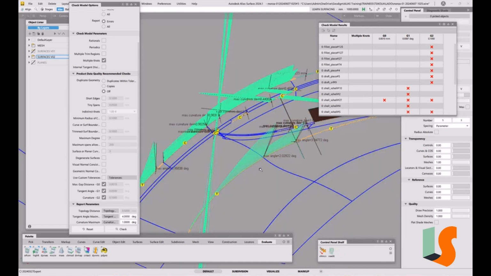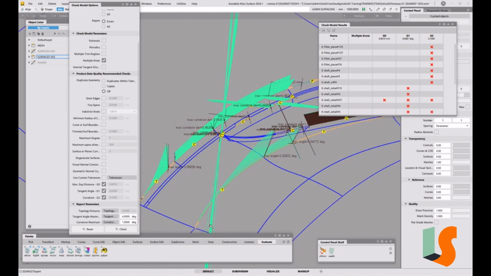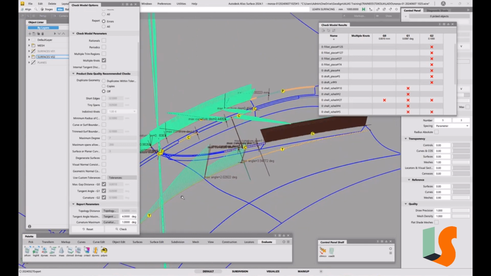It's an angle mismatch, but that's because we actually have, although it goes all the way to the end, or more or less to the end, actually it's all continuous here. But we've got a condition down here where we haven't actually put a fillet in, so that's why we're getting that angle. And the other thing is, you'll notice it cuts off at 4 degrees, which I think I've explained